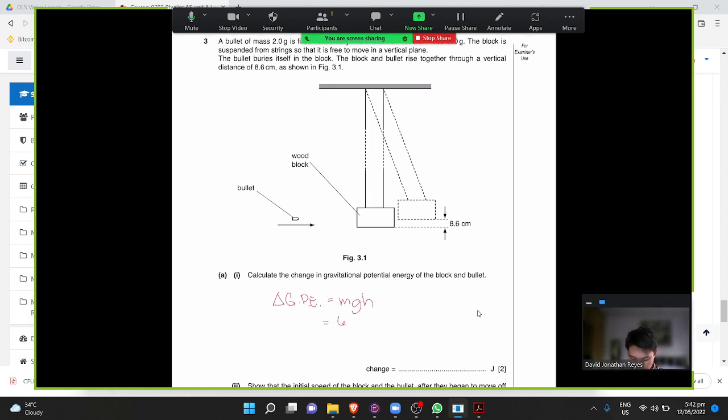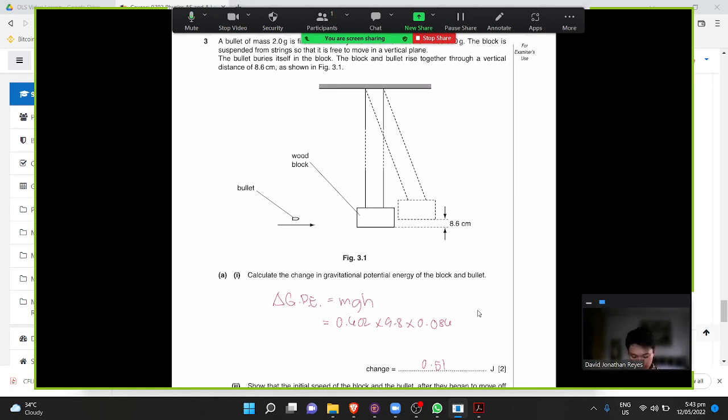So this gives you 602 times 9.8. Actually, let's just use SI. So that's 0.602 multiplied by 9.8 multiplied by 0.086. That gives you 0.51. So the change in potential energy is around 0.51 joules, given that it lifts up at around